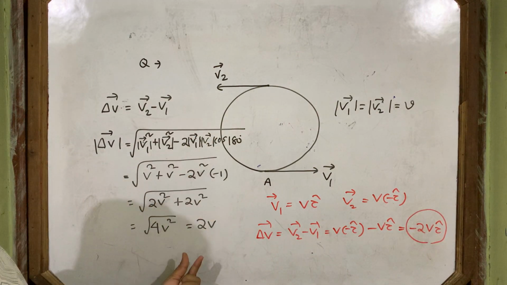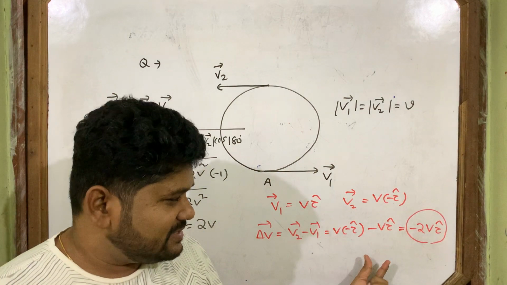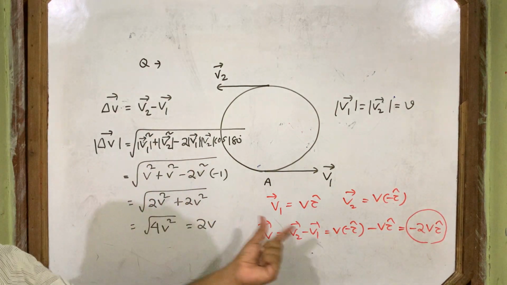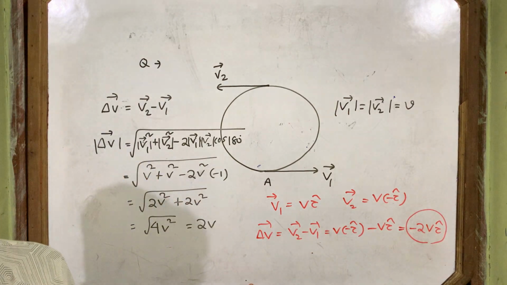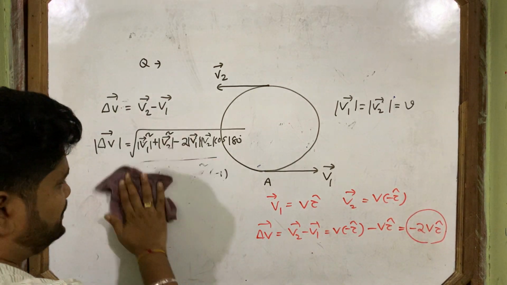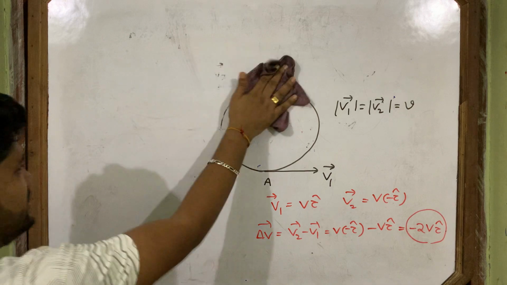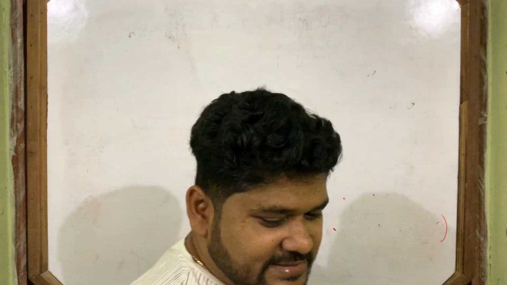So which process is better? I have done one process in black pen and one process in red pen. You see which process is better for you. You can use that one. No problem. Okay. So this is about the subtraction of a vector. So today we discussed subtraction of a vector and the polygon law. Thank you.